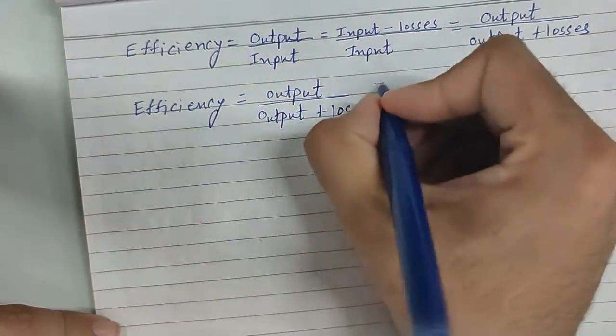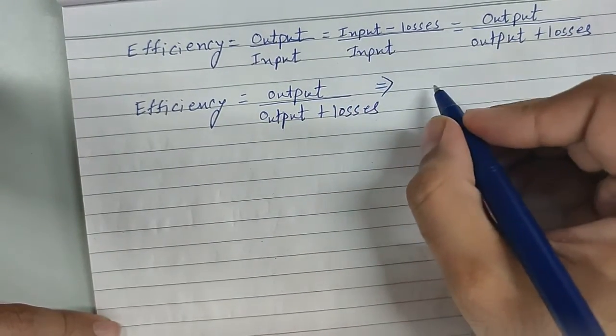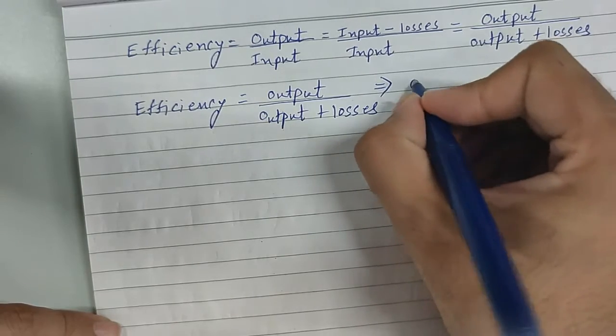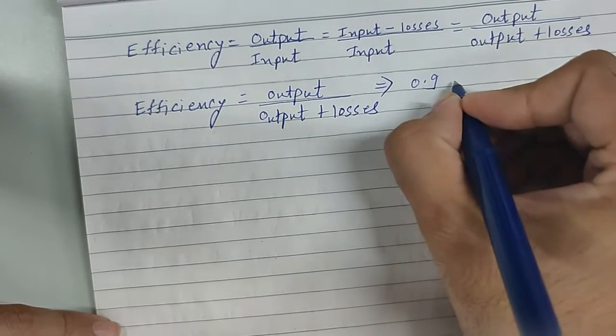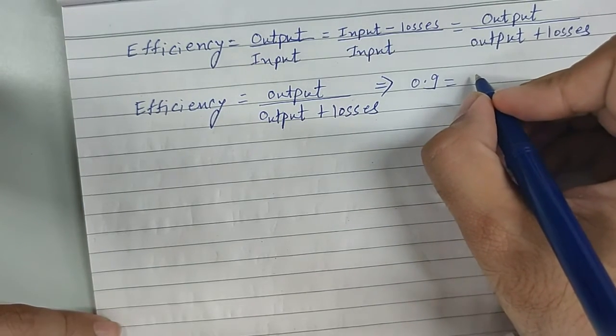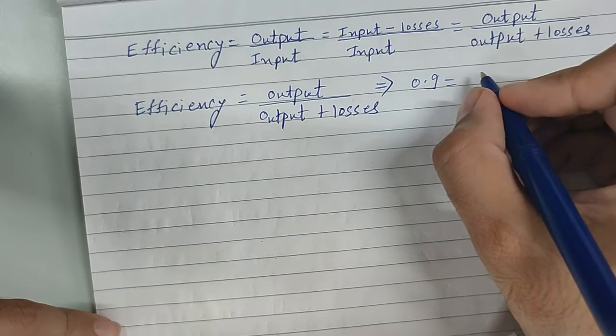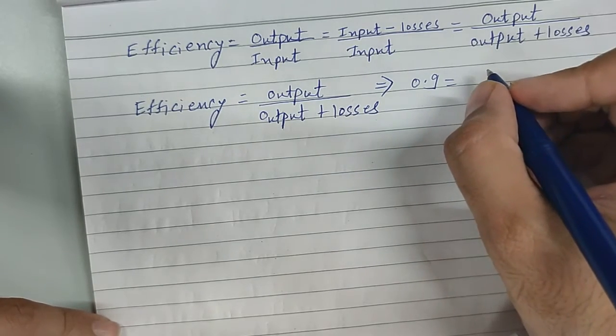Now I am aware that my efficiency is 90%, but if I don't write it in percentage, I can write it as 0.9, is equal to my output, which is 7.5 kilowatt,